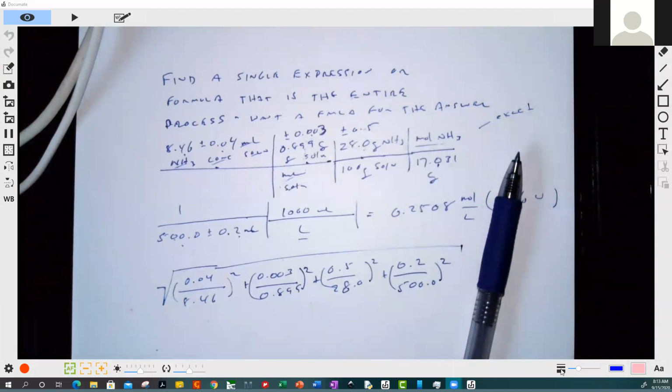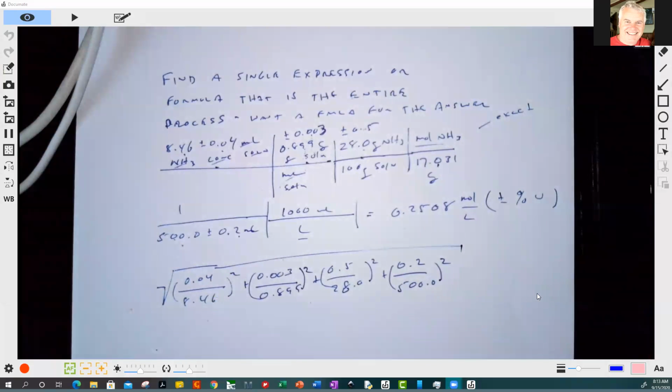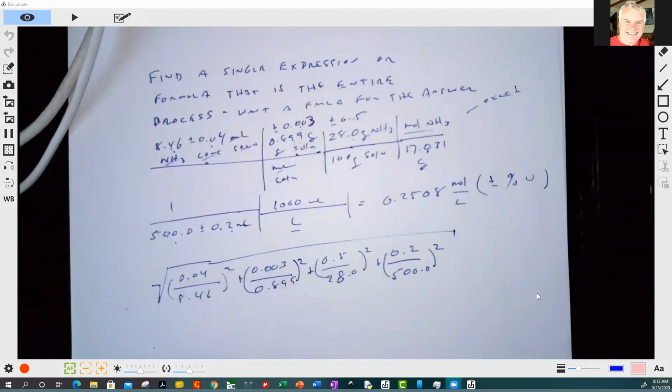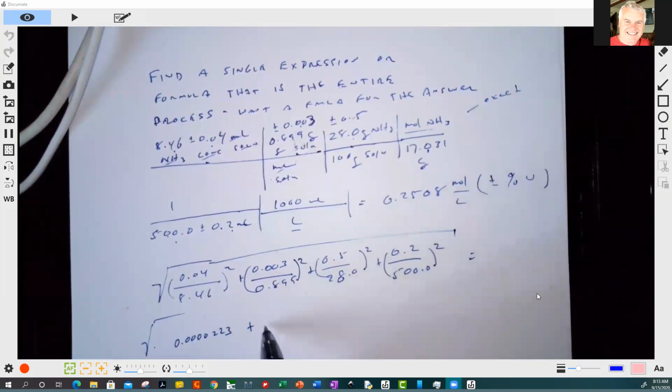There we go. So now this, as it happens, is equal to, so there's 4 zeros, plus